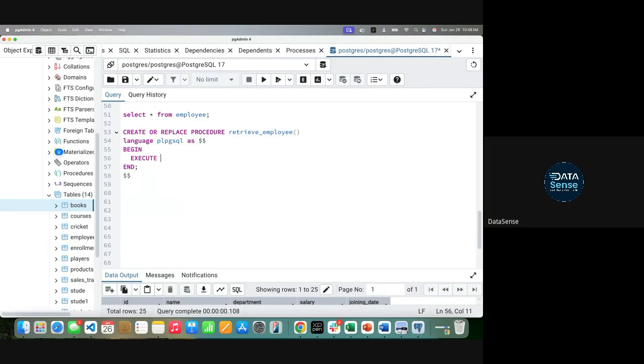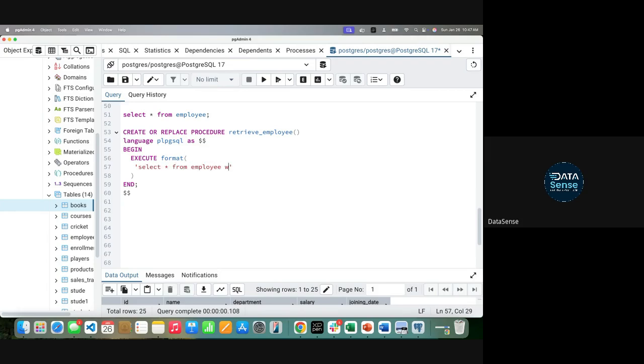For that you need to use another keyword that is called format. So basically when you want to pass filters, we'll write a query, we will pass only a few parameters and keep a few static, like some will be static, some will be dynamic, right? For that you need to use this format method. Now inside this you will write your SQL query. I'll show you how to write it. Remember this is a string that is going inside. So you will say select star from employee.